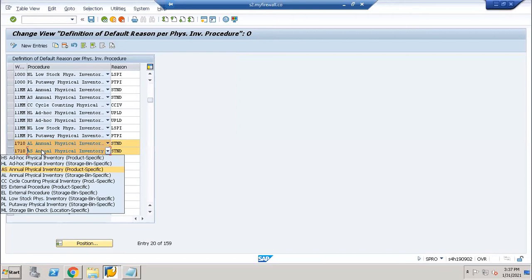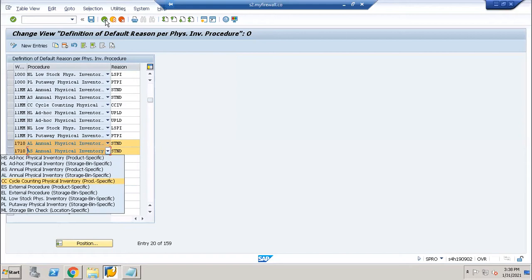A is for product specific, AL for storage location specific, storage bin specific basically. CC is for product specific, so we are doing CC cycle counting especially for product specific. These are the specific procedures we are following based on the reasons.